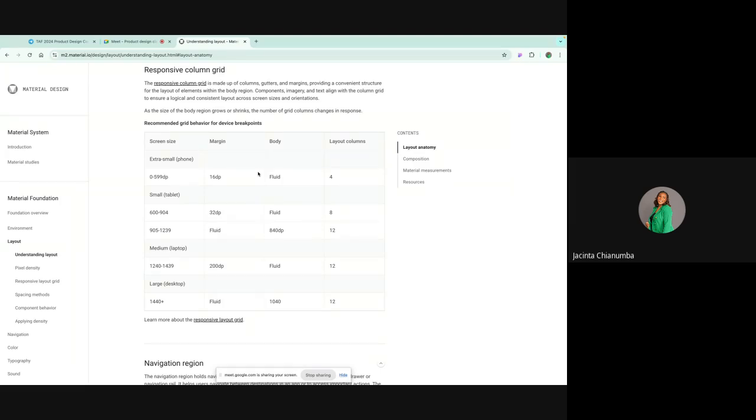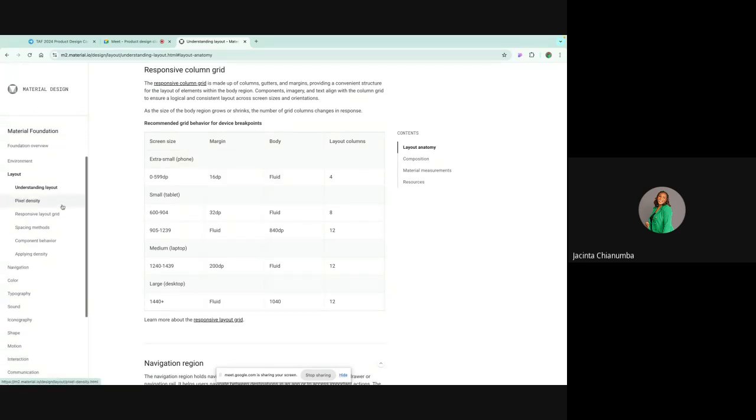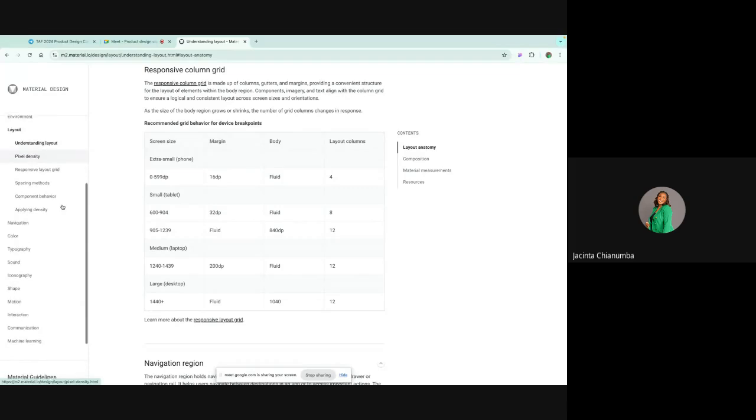And you might not get to know it from your head. That is why you can leverage the principles that have already been laid down for designers to follow. So this Material Design website is a website that you can always go to